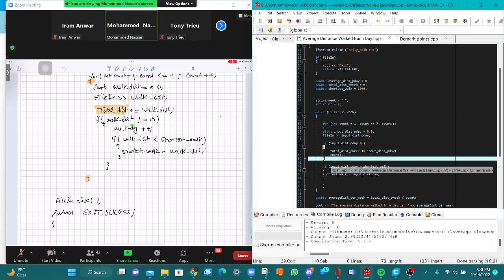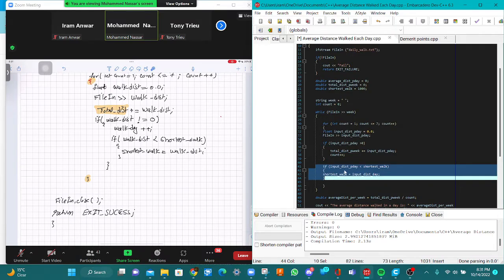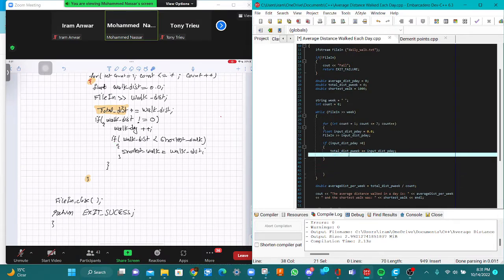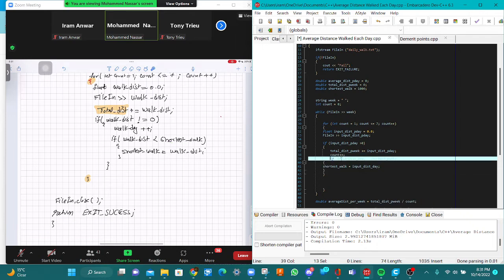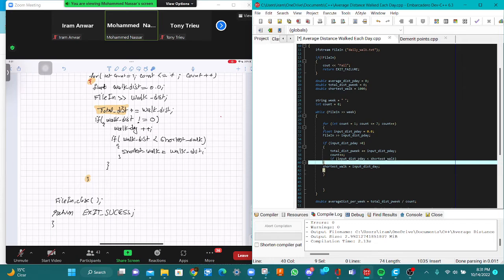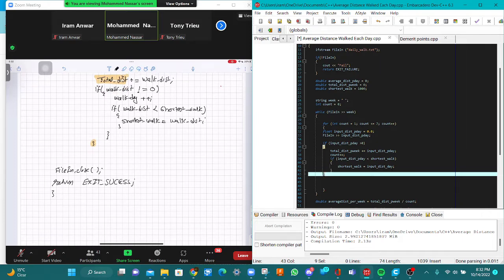So if the distance is not 0, I will increment the number of days that I'm walking, and inside this if, if the distance is less than the shortest path, I'm switching them and I'm going out. Correct? Now outside this for loop, after I finish this for loop, I will have the total distance and the number